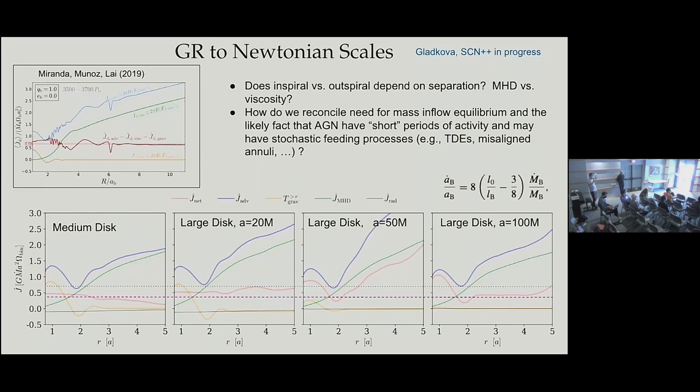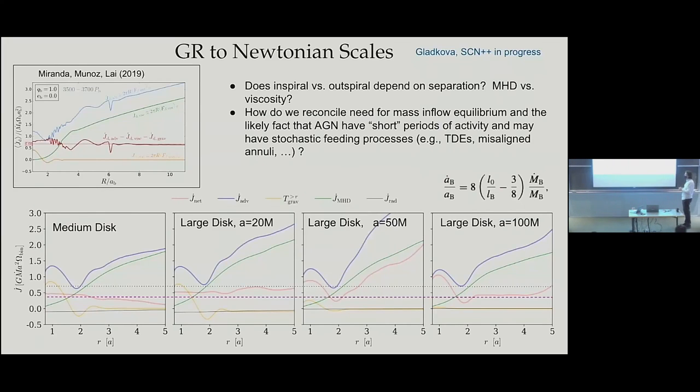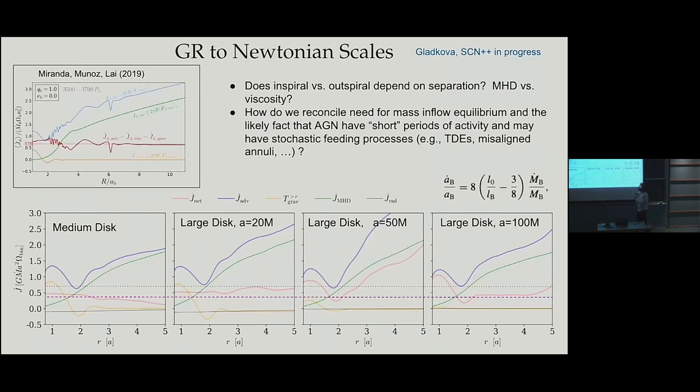Yeah, I think we need to do similar initial conditions maybe as the alpha disk community does. Here I was trying to just get as close to this setup and change the separation. Note that the curves look different in these runs, probably because it's not in mass inflow equilibrium yet. So we don't have the J dot net flat yet. This one's actually getting close. This one still has some way to go. But yeah, it would certainly be interesting to do that.